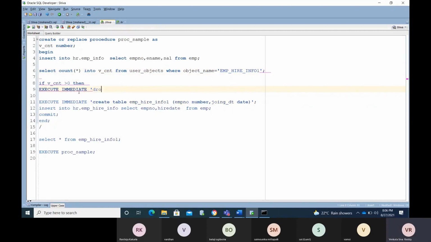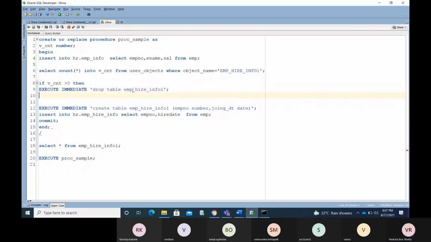Execute immediate drop table. You need to always maintain the single quotes. IF starts with the IF clause and ends with END IF. Now I'm checking only one condition.